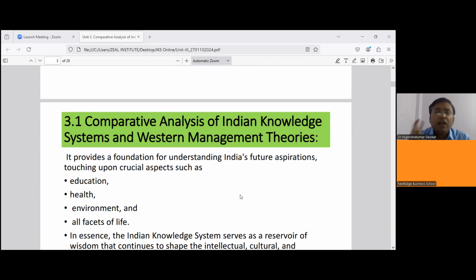In Western culture, I advise you to take only two things: first, their academics, and second, their scientific temperament. Now you will ask one question: sir, why should we take academics? Academics is not good in IKS? Yes, it is good. The Gurukul system was excellent. Okay, it was a Western system which